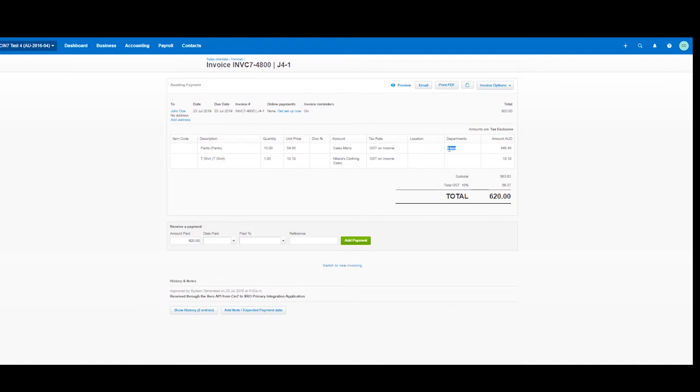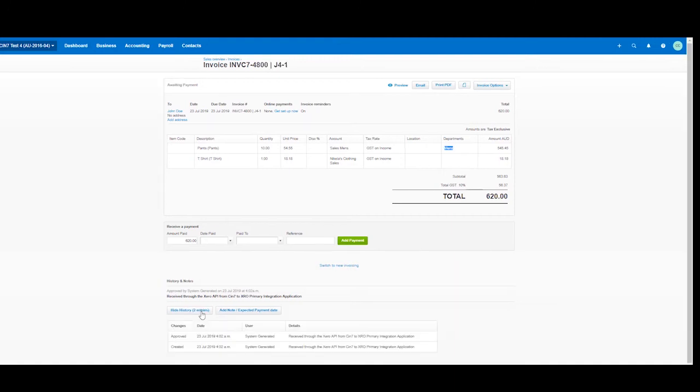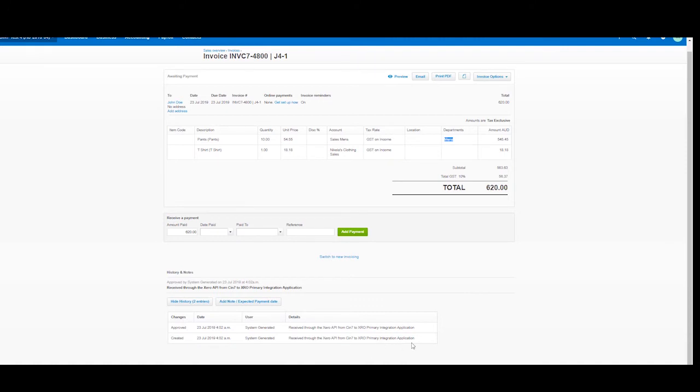You'll notice that this particular transaction has been imported as approved state. The history on the bottom left-hand side allows you to see what changes have been made to the transaction. Please note that all transactions that have been imported via the Sin7 integration, or API, will be marked as system generated. Now let's move on to Sin7's